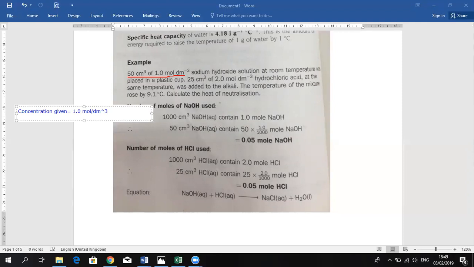Agreed? So that means 1 dm cube is equivalent to 1,000 centimeters cube. So in essence, what they're saying here, for the NaOH,